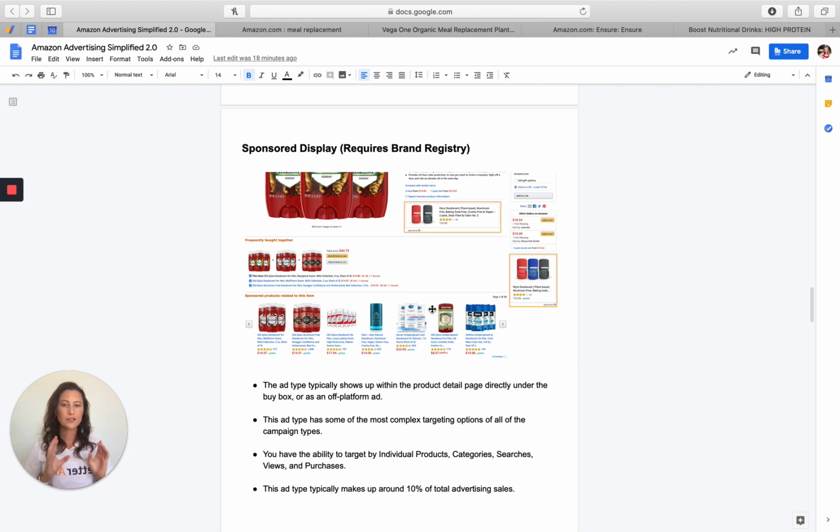So when I talk about sponsored display, I view this as a more complex ad type than the other two. The other two are keyword targeting and product targeting directly on the page. With sponsored display, we are moving up the funnel. We are looking at more traditional display marketing. All in all, sponsored display, fantastic ad type. I love it. But it's typically only going to drive around 10 to 15% of your total advertising sales,